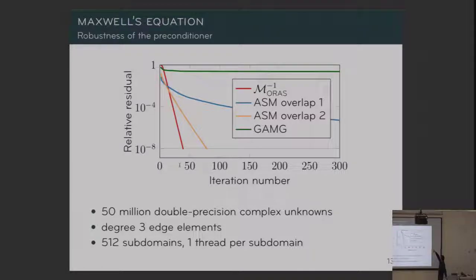For the optimized restricted additive Schwarz method, we build the matrix from within the finite element kernel. So it's really cheap. It's almost a no-op because we already have the local operator. We just need to modify the boundary interfaces. We just put a Robin boundary condition. So how did you implement the ORAS? It's just an additive Schwarz method, but instead of using the inverse of the local blocks, we modify the boundary condition and we use a Robin boundary condition.